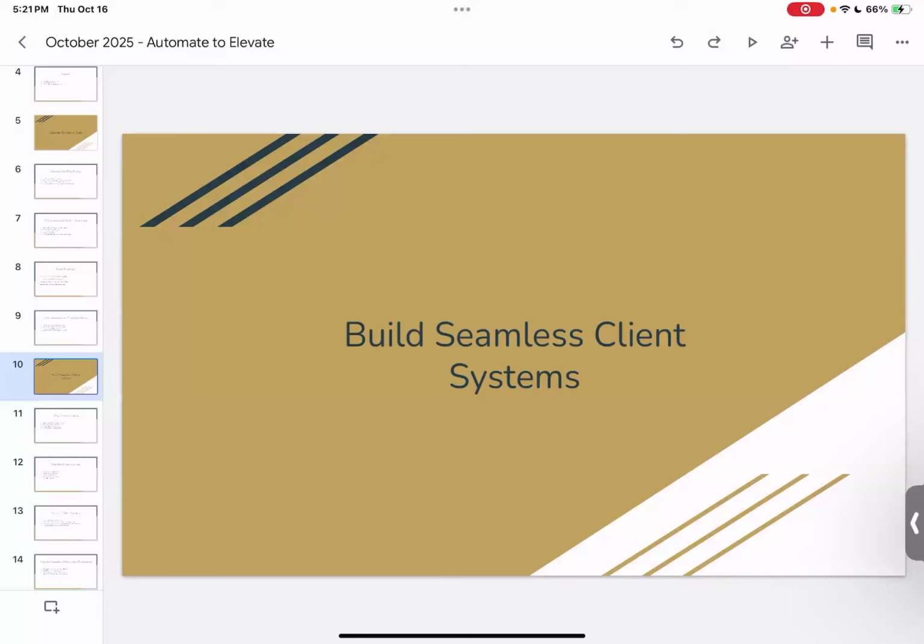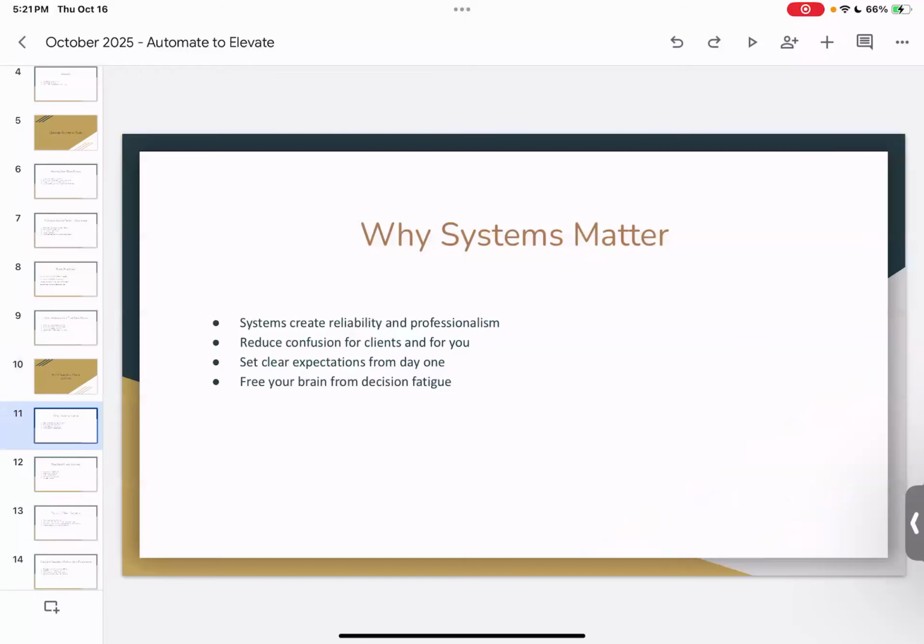So that kind of work is what this form of automation will be for. So ultimately, systems will matter in this particular moment. You want to imagine that a client is reaching out to you and getting an instant professional response. You want to be ready for it. They want to book through a link that you have provided.